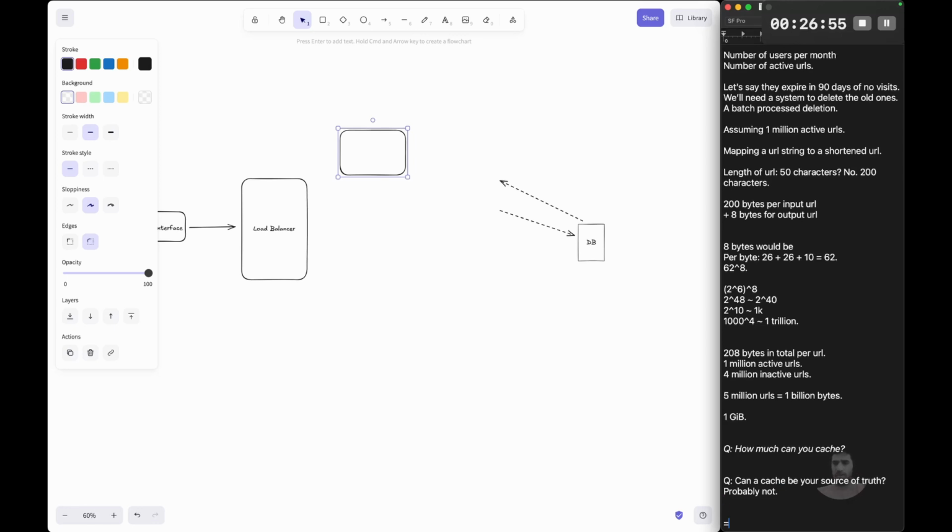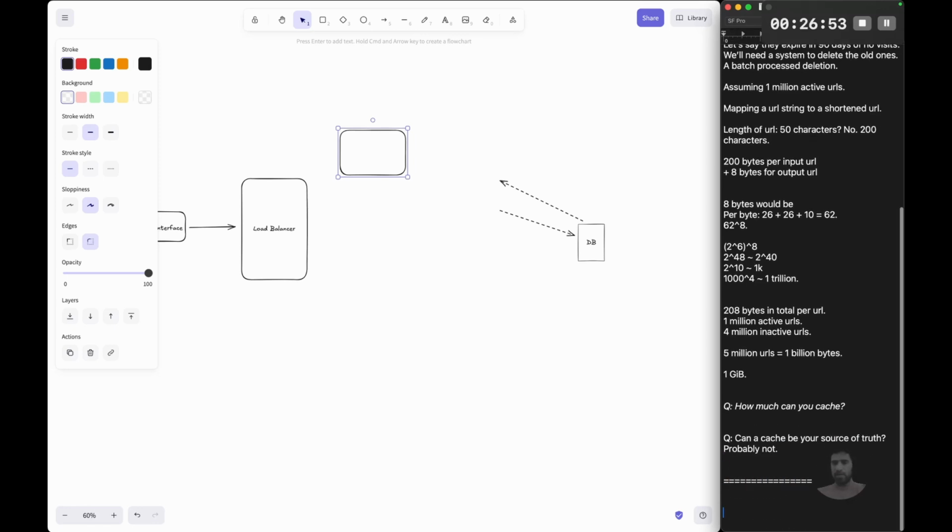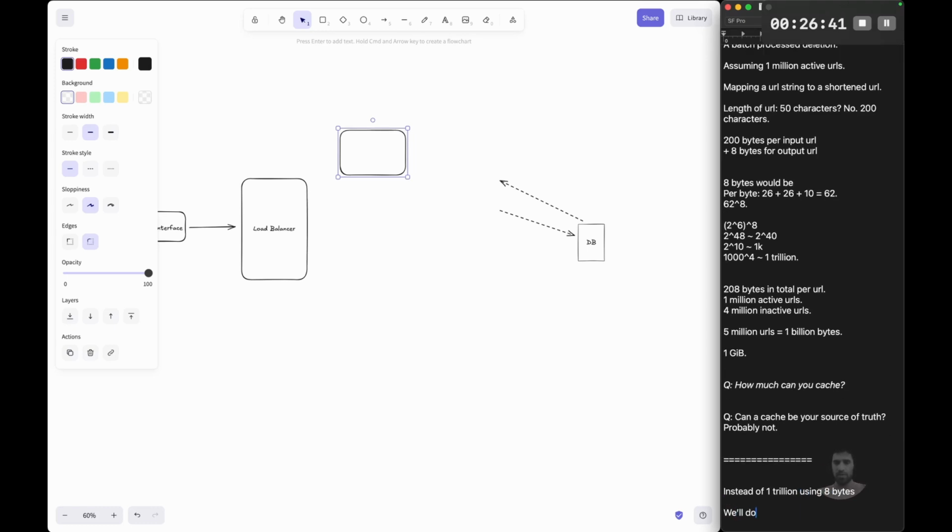So what we would get is, instead of 1 trillion possibilities, we'll do 7 bytes per... except we'll have